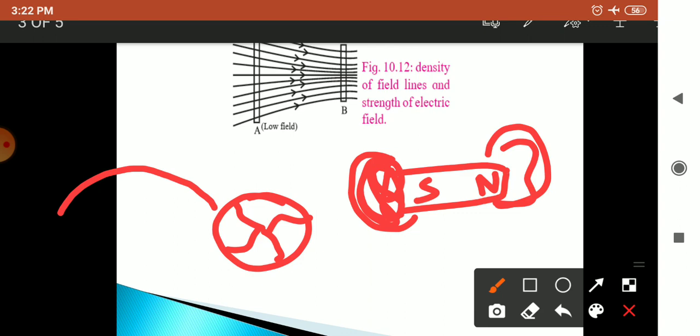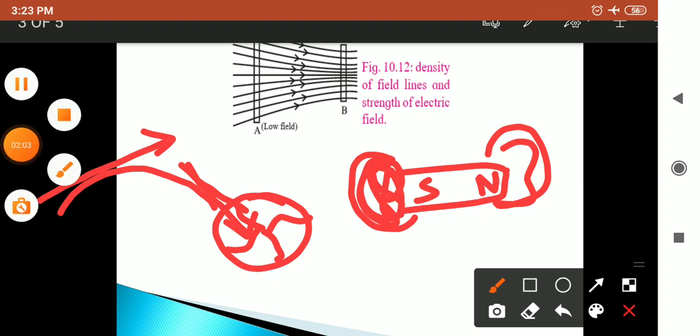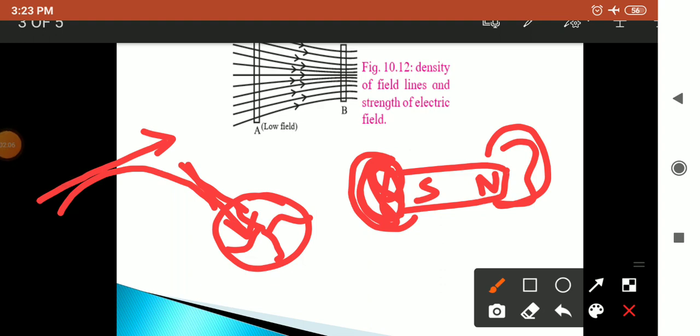That field will be the electric field. That direction will be along the tangent drawn to the point on that curve. So the direction shown by the tangent at that point is the direction of the electric field. Everyone got this? When there is an electric field or magnetic field, it gives some influence around it. That influence is shown by the electric lines of force, and it was introduced by Faraday, Michael Faraday.